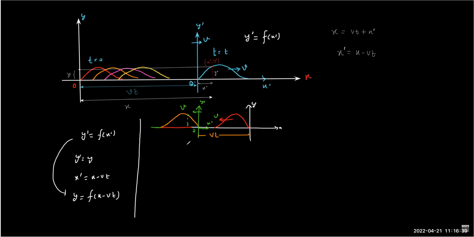This coordinate is how much? Let's call it minus x dash, minus x dash comma y dash. So the x coordinate is how much? If I want to write the x coordinate value, so